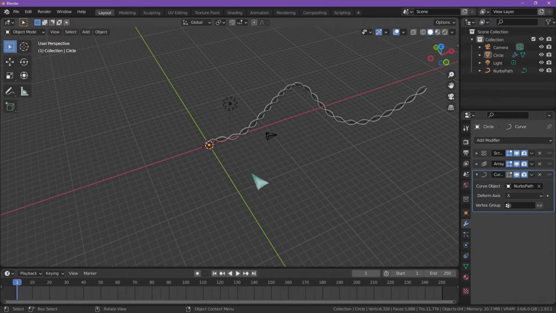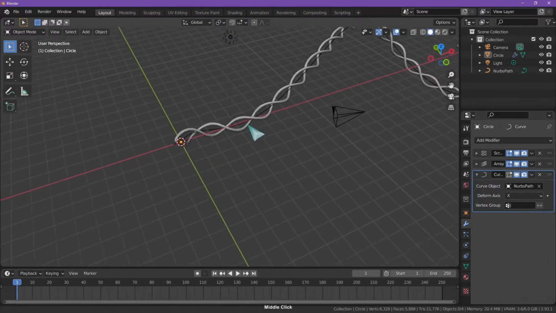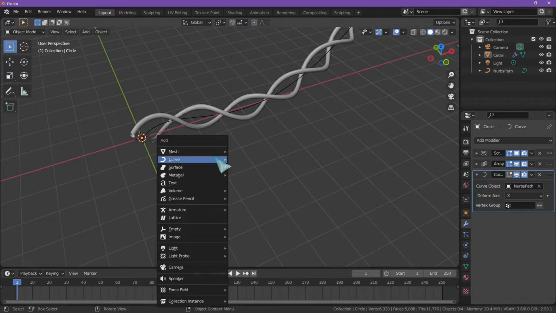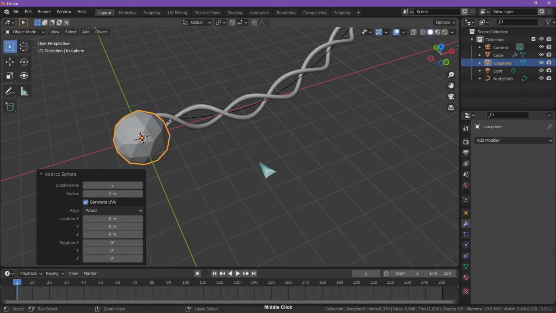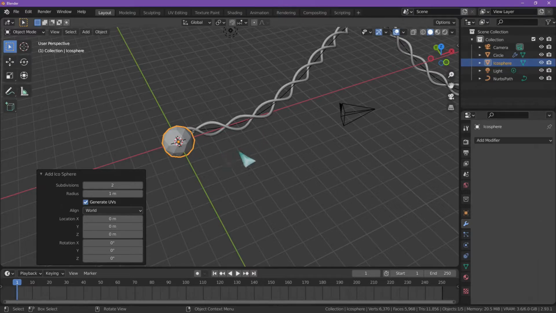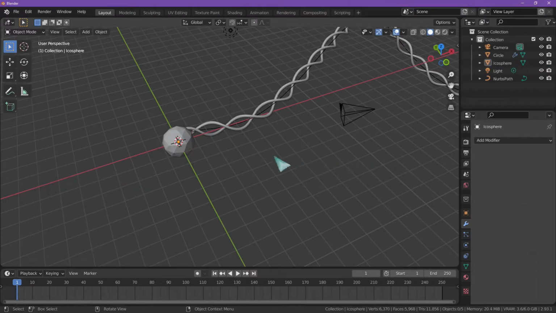We can set that up in the shading, but first we need a little brush object. I'll add mesh, icosphere, or sphere, UV sphere, it doesn't matter, just as a placeholder, and